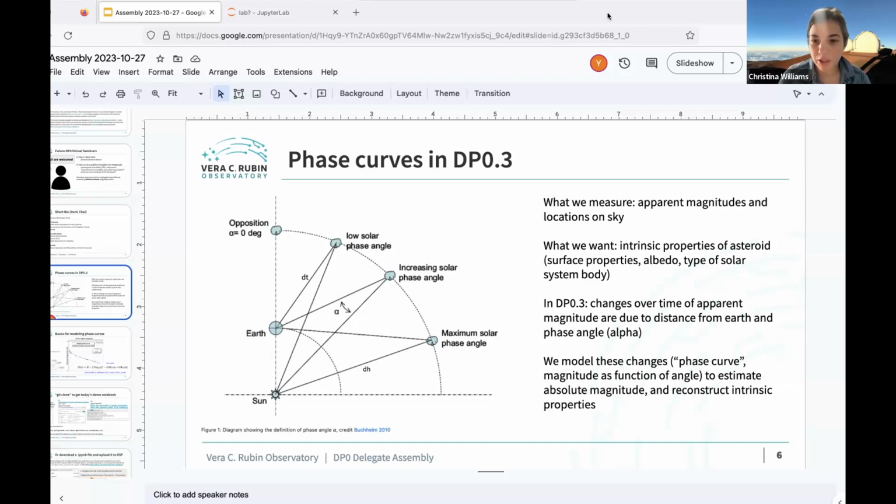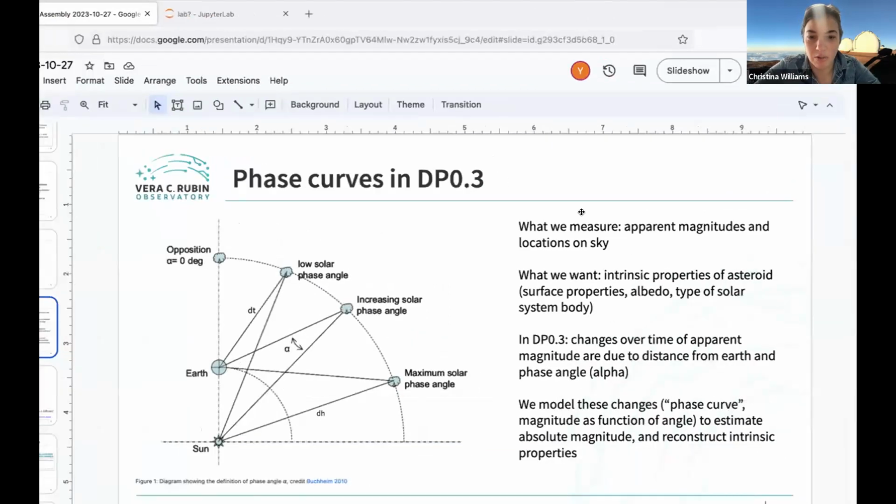So in DP0.3, there are measurements of the apparent magnitude, and so we can use those to see how the apparent magnitude changes over time due to differences in the illumination, and then also due to the distance from the Earth and the Sun. So alpha is the phase angle. That's this angle here in the diagram.